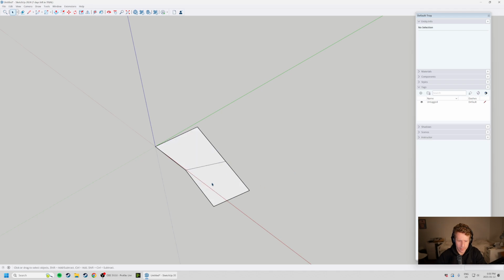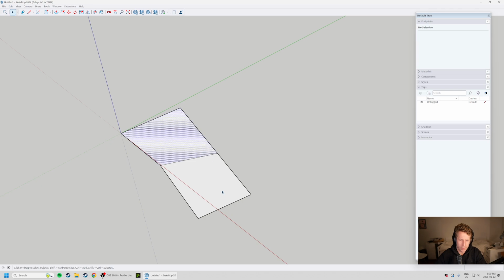And again, I can select a face. We've got two faces here. I'm really looking to push or pull just a singular face. What I'm going to show you first is, let's do this. We'll grab that push-pull tool. If I hover over one of these faces and I click once,